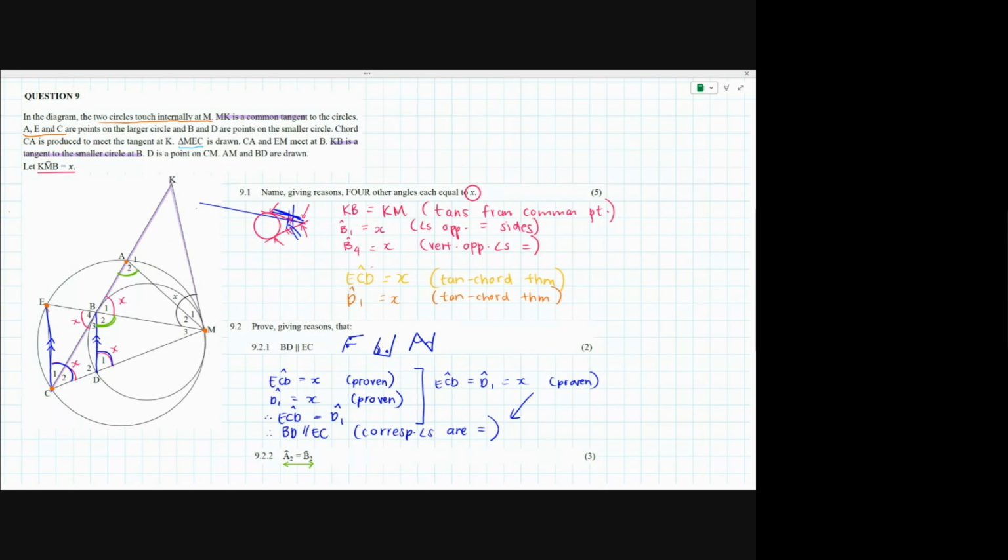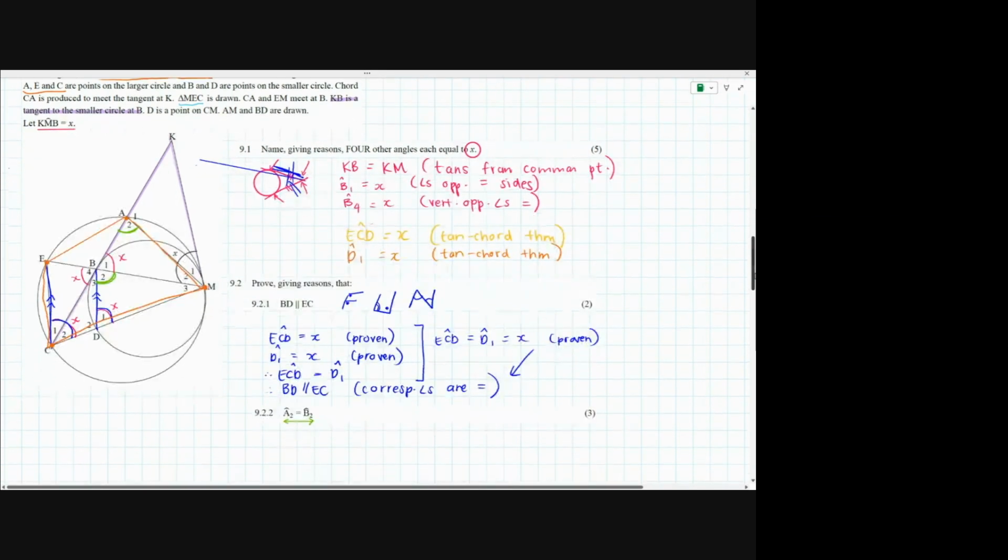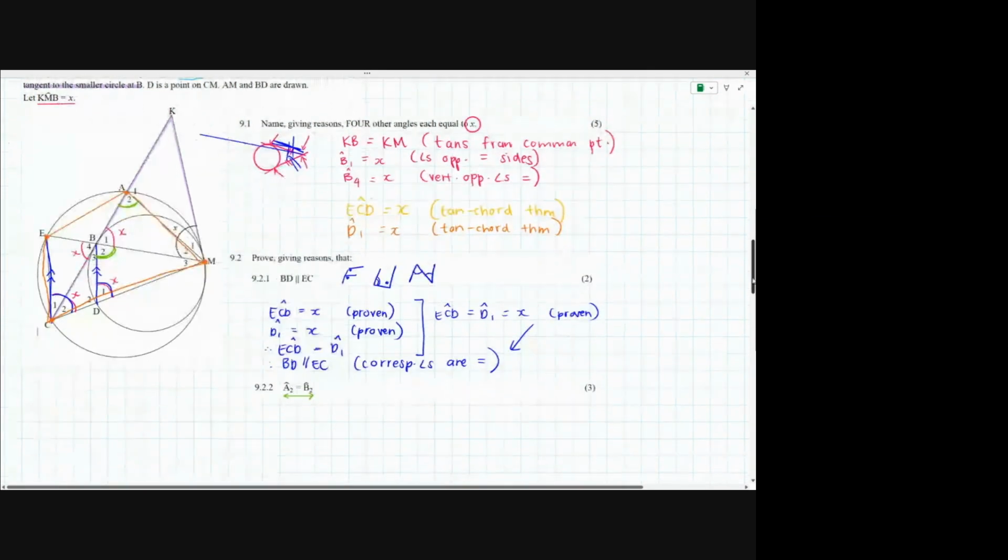We do have a cyclic quad. So if I were to draw a chord AE, EAMC is a cyclic quad because all 4 vertices sit on my circumference. I'm pointing it out, so it's obviously useful in this question. Have a think. I'll give you a minute or 2, and then we'll have a look at showing that angle